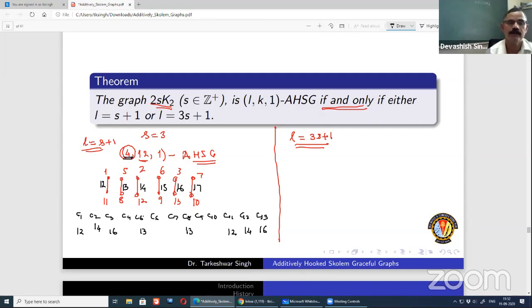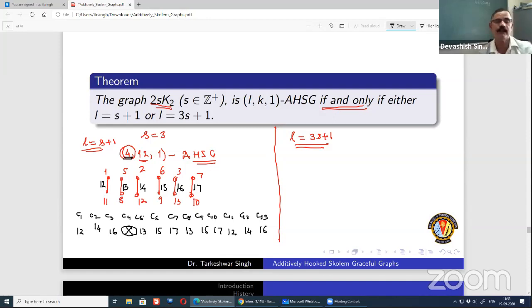Now, 16 we have done already. Let us take 15. At the 6th position, 15 will come, and at the 9th position, 15 will also come. 17 will come at the 7th position and the 10th position. Now, these positions are still not filled. This is why it is called hooked. And a similar property you can see: if one number appears at the ith place in the column sequence, then the second number will appear at the i plus 1th place. In the same manner, if the first number appears at the 12th place here, then immediately you can get where the second number will appear.